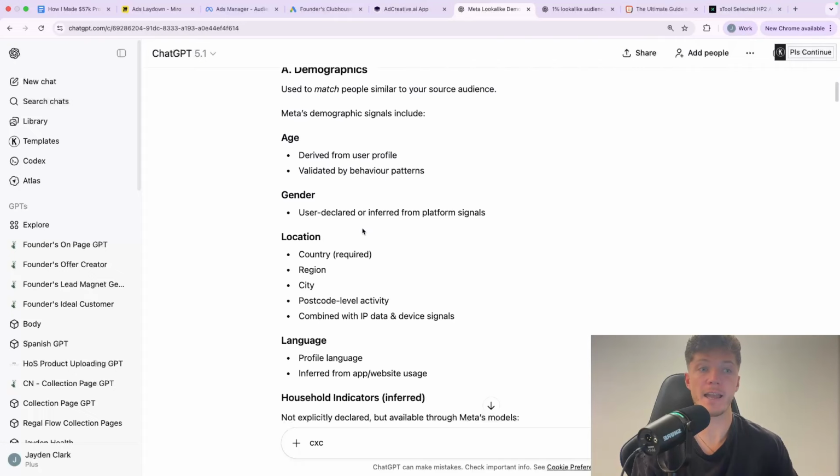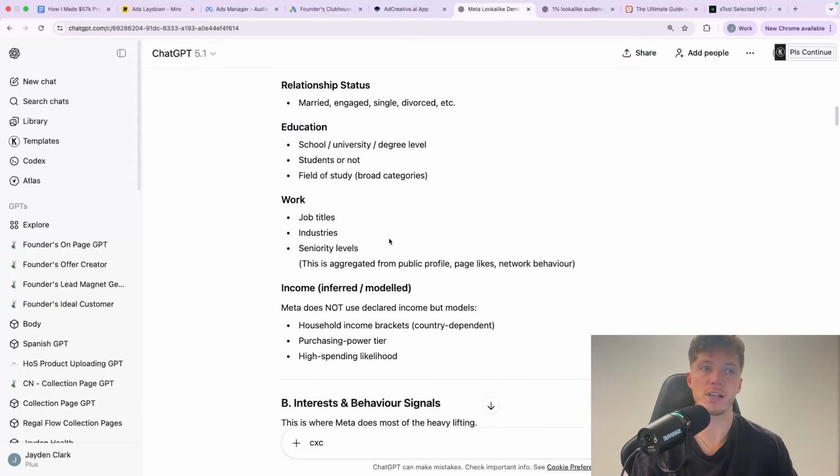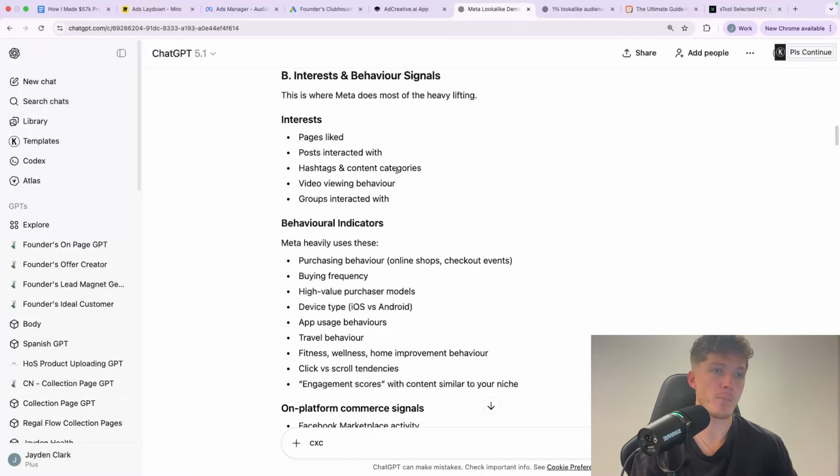And that's things like age, gender, location, the language they speak. Then it's things like what's their job, what's their education, marital status. It's also things like Facebook pages they like, they interact with. So imagine you've got an ideal customer full of people who have bought your golf simulator before, and Meta therefore